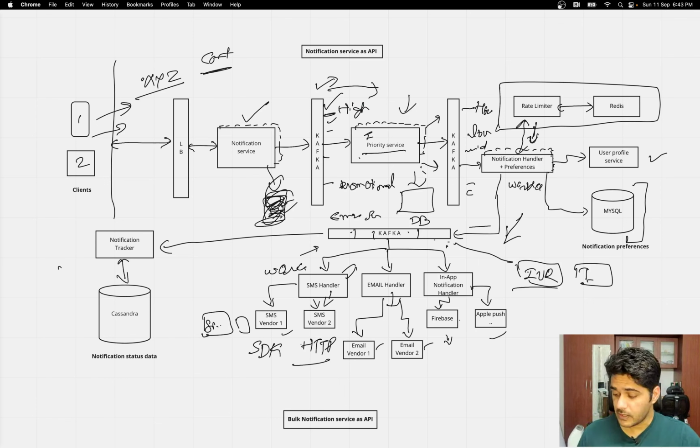But finally, when you are going with this, you need some kind of data: what exactly happened with notifications, what all you already sent, what kind of data you processed, to which user you sent what.